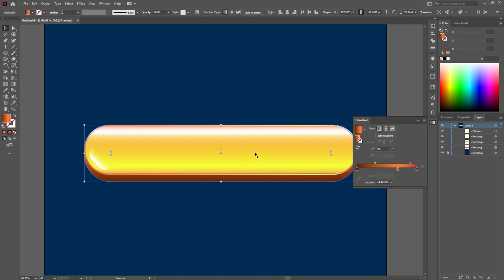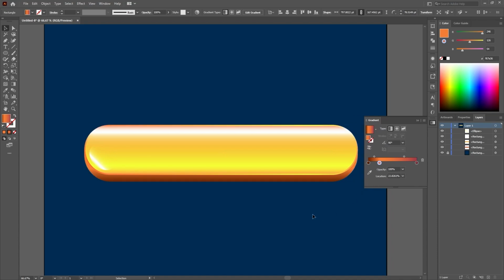To match that color, you have to bring this light shade to this position. I mean, like this, so that it will get matched to that light color tone. Okay,